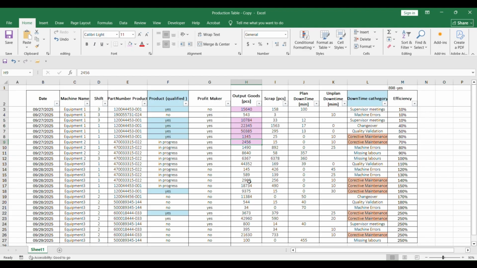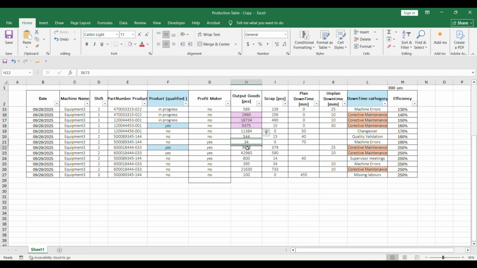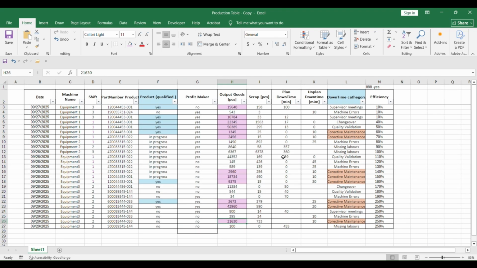Similarly here we have corrective maintenance 2, 3 also, and here we have one number from the yes filter, and again 2 numbers that come from corrective maintenance. So all these numbers will be summed up.